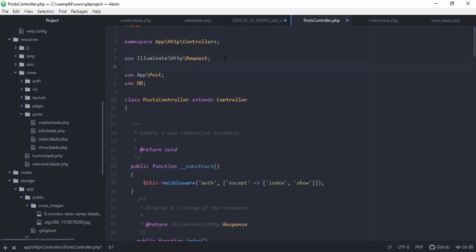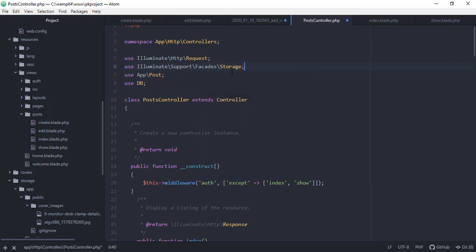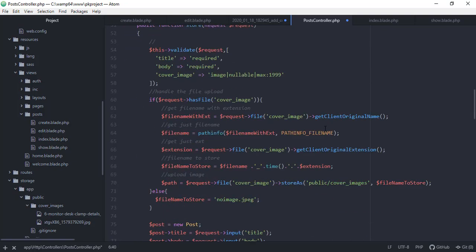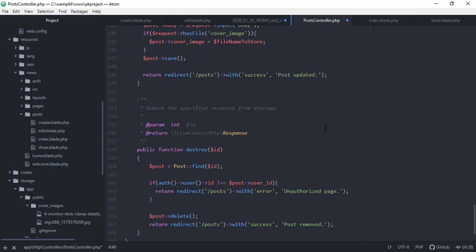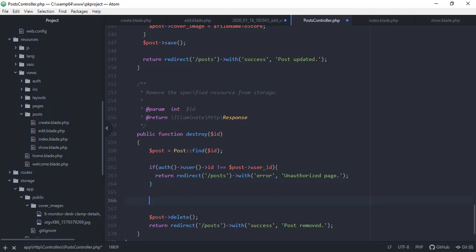So we're going to use Illuminate\Support\Facades\Storage. Okay, and then in our destroy function below, we're going to check if the user has uploaded the file